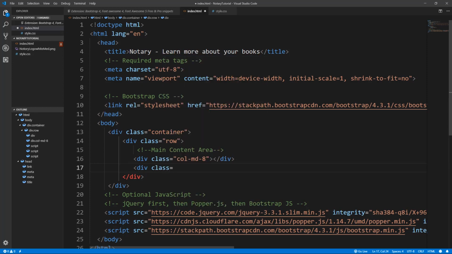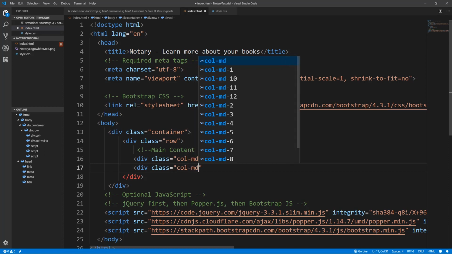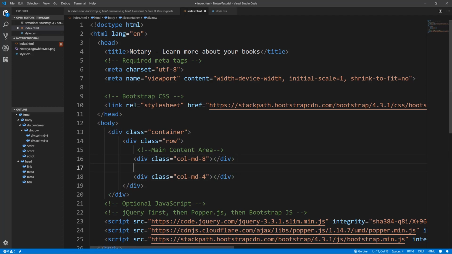And what I'm going to do here is make this one column-MD-4 because we want this to be the sidebar, and it's going to take up less room on the screen. And so this is where we'll put the search widget, the most used words, the least used words, and the document stats in here. So I'm going to put a little comment in here, and I'm going to say sidebar